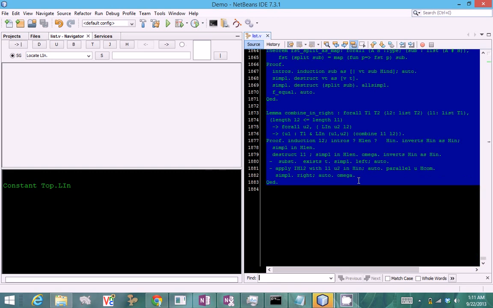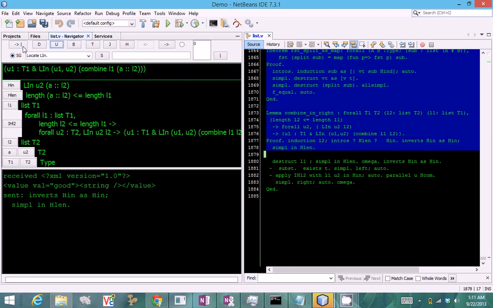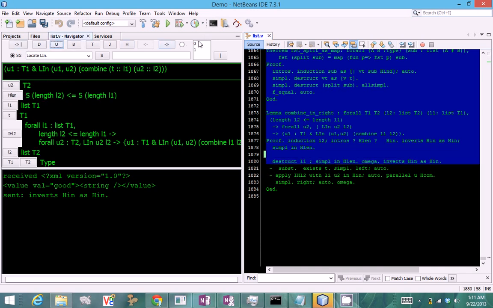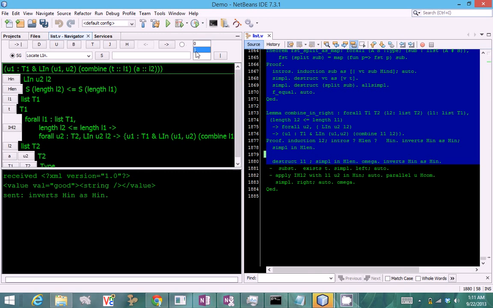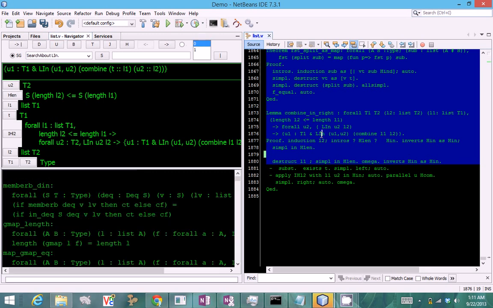Okay, so there are some other features, like you can look at all the subgoals by clicking here. And you can also search inside